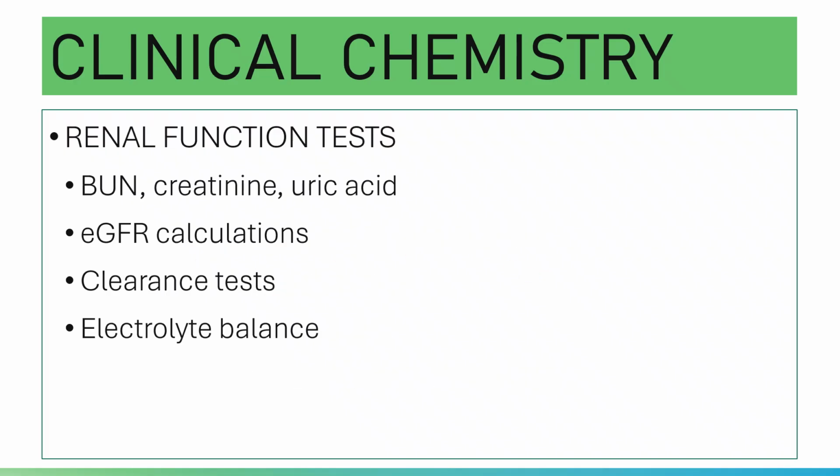And then you have your renal function tests. When you say renal function tests, these are tests that evaluate the integrity and normal functioning of your kidney. When you say renal, it means kidney. You have your BUN. Please note, do not confuse this with clinical microscopy or urinalysis, because that is different. Anyway, you have blood urea nitrogen, creatinine, and uric acid.